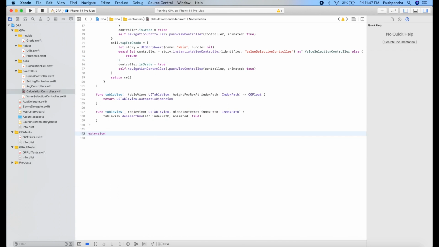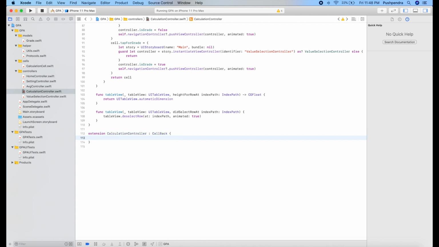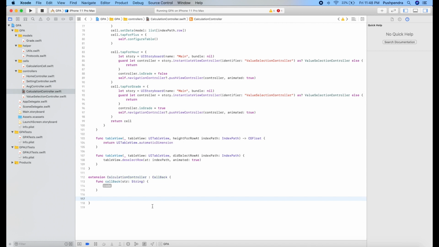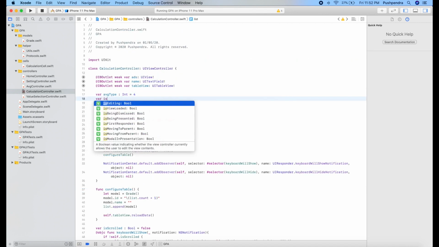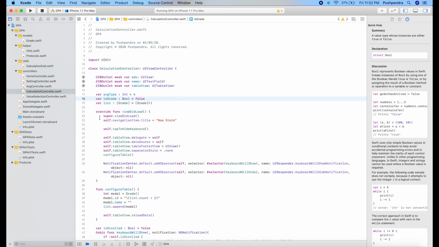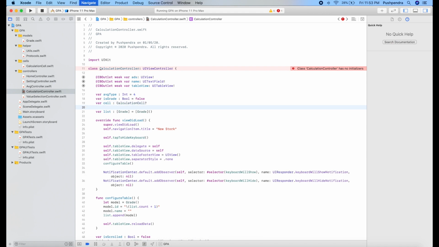So extension callback, calculation controller callback, and the method of callback is yes. So we have callback. Now we will take one variable cell, calculation cell.